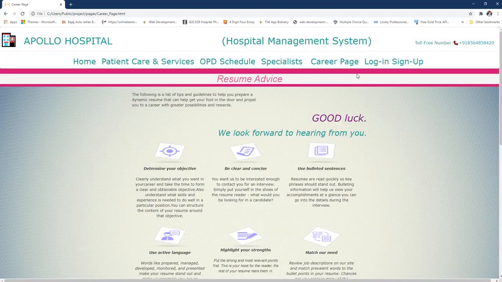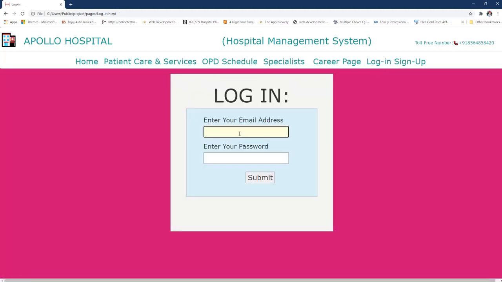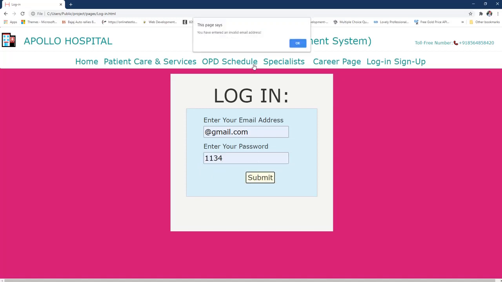Now let's go to the implementation part of the website. Here we go, the login screen. The login screen contains two columns, one for email address, and another asking for password. Let's put a wrong email address and wrong password, and submit it.